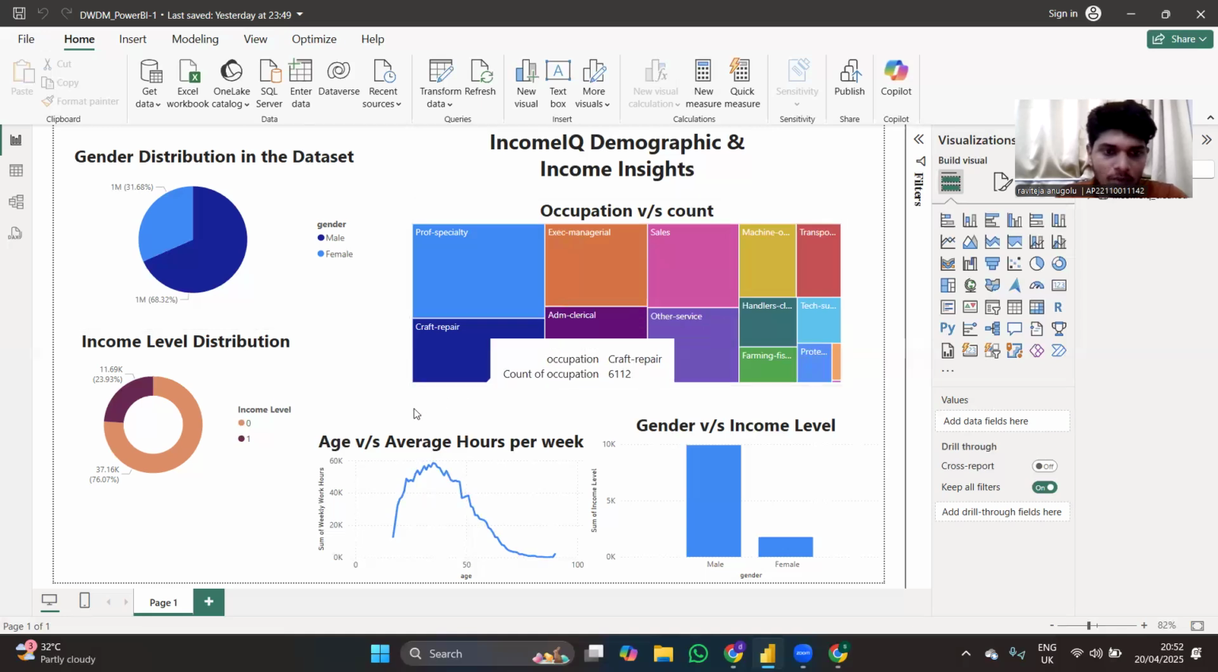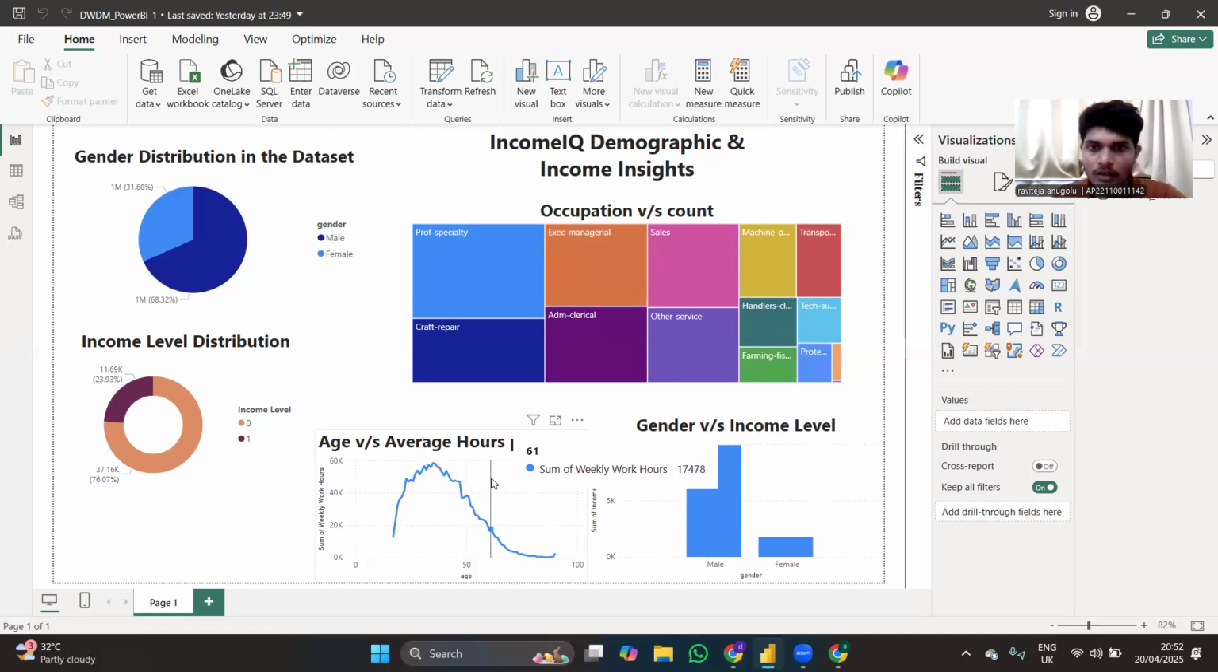Here we have age versus average hours per week. Here we have a blue line graph. Now let's examine the relationship between age and working hours using the line chart. Here the x-axis indicates age, and the y-axis indicates the average hours worked per week. From this chart, we notice that